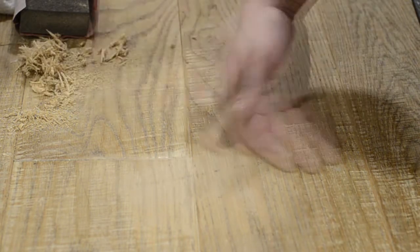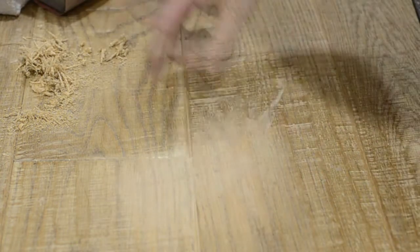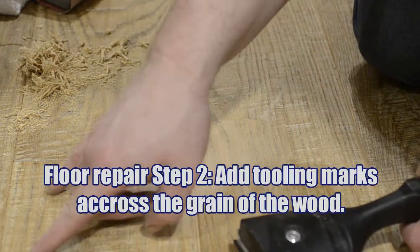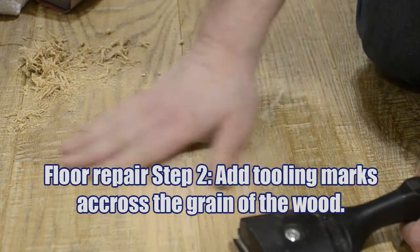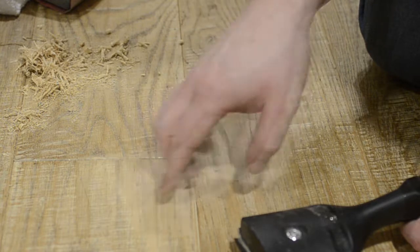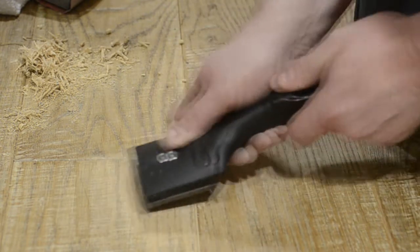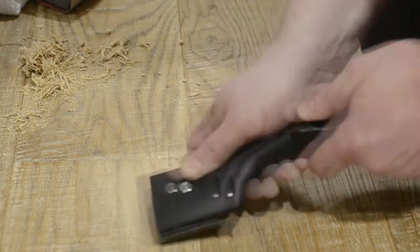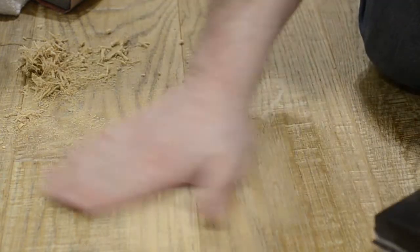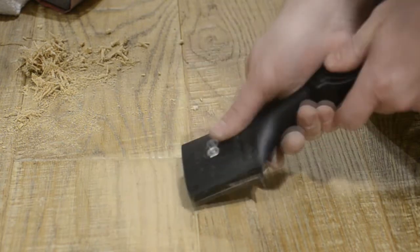So what we need to do now is just do a quick light sand, and we have to add these tooling marks back. So I take this guy and I take a look at the direction of the marks in this board, and I'm just going to work at one board at a time. And I see there's a bunch of little tooling marks and they're all in this direction. So what I want to do is try and emulate that. Just like that. You may not be able to see it too much in the video,